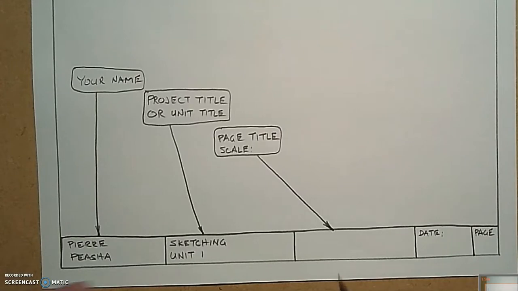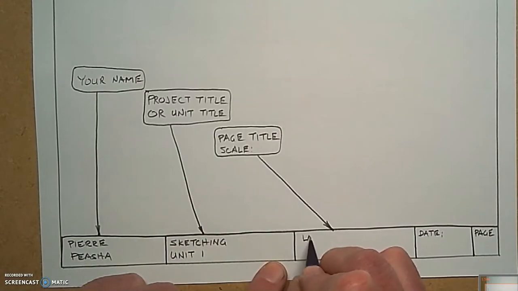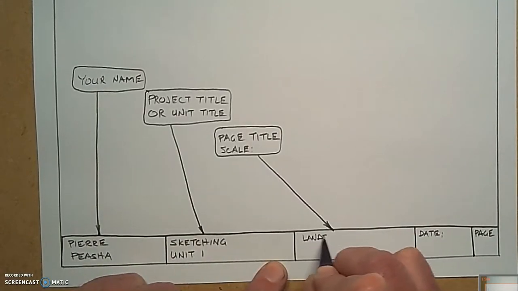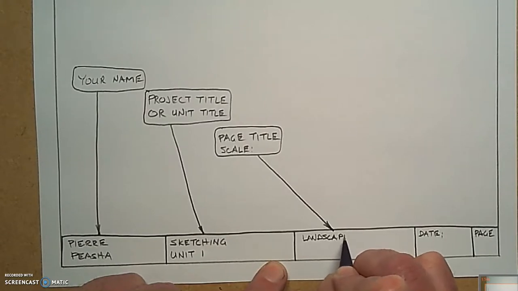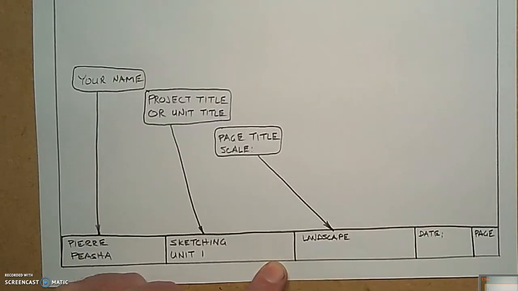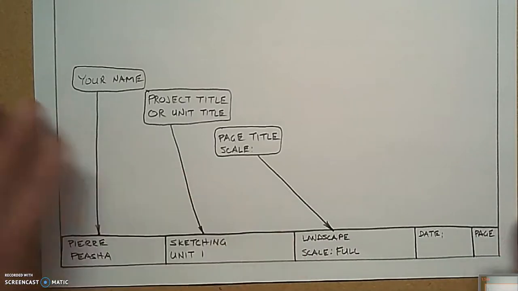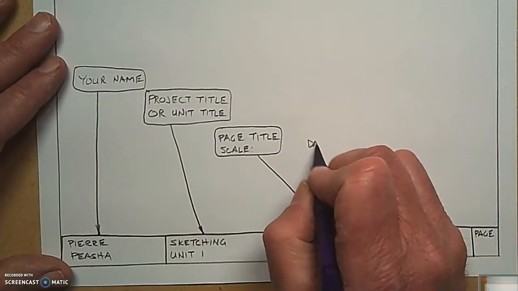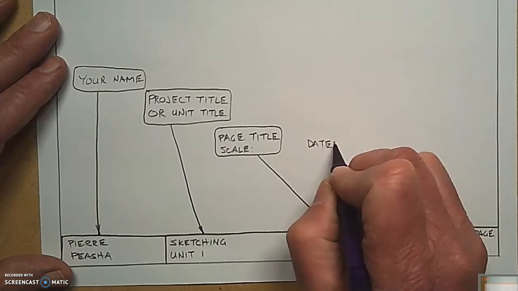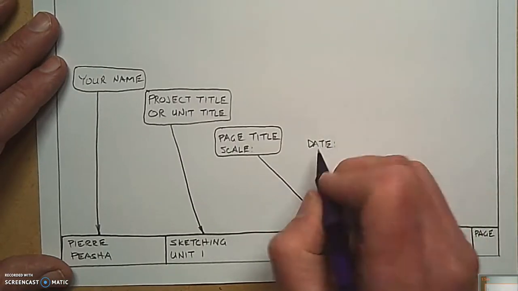We're going to give this page a title. We're going to call it landscape. And the scale, we're going to say that's full. Full scale. So I've filled up about half the page. I'm going to write the word date, and below that, I'm going to write